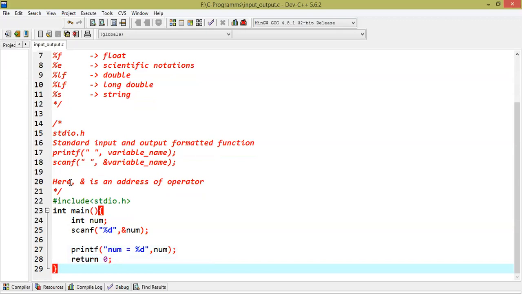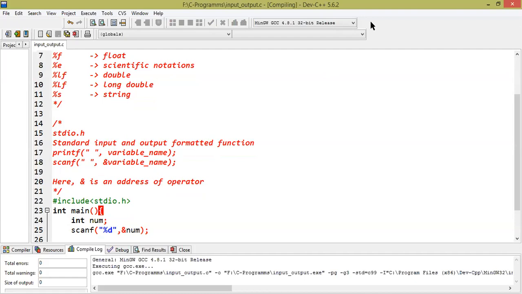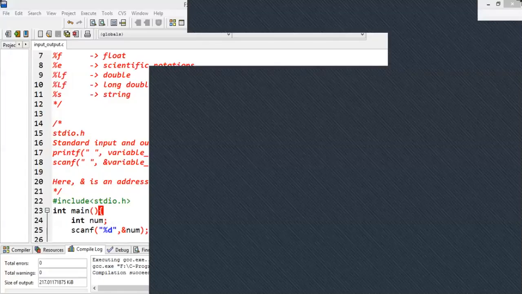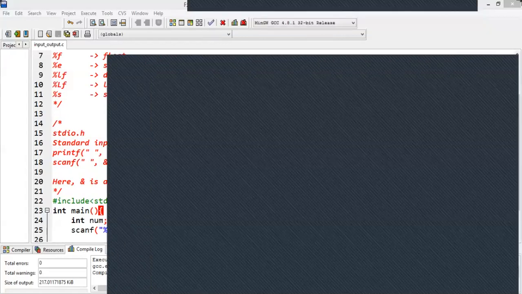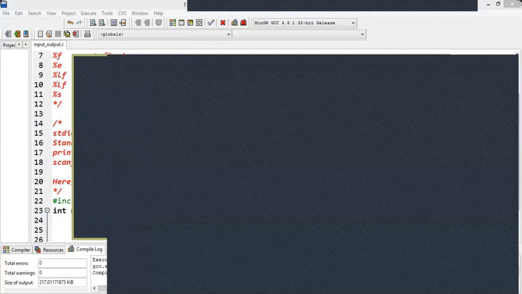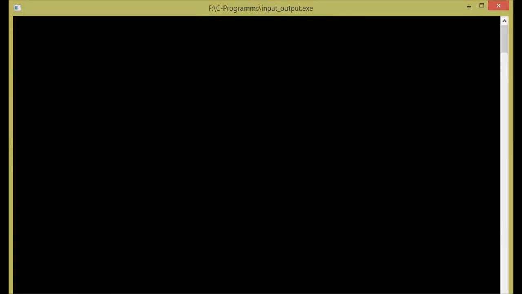Now save this code and compile, and let's see how to take input and how to produce the output of an integer variable. Now if I compile and run, it will take a certain amount of time. Now look at this. Now the output window is waiting for your input.